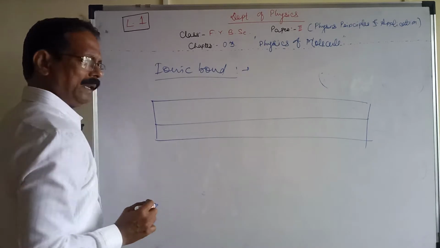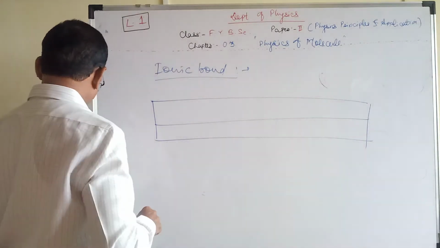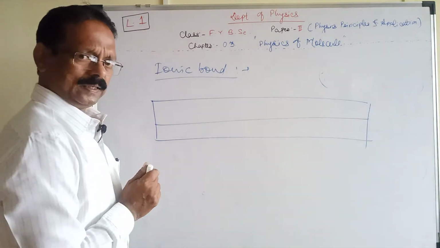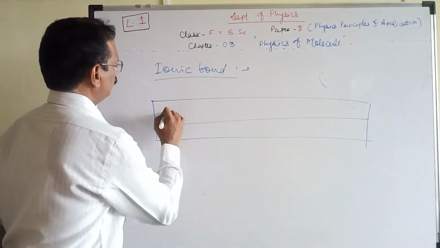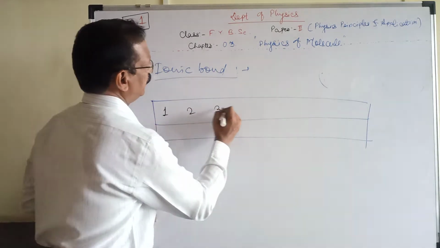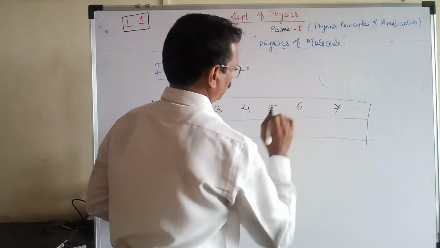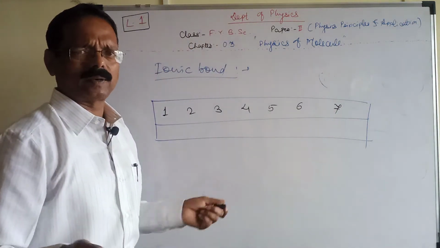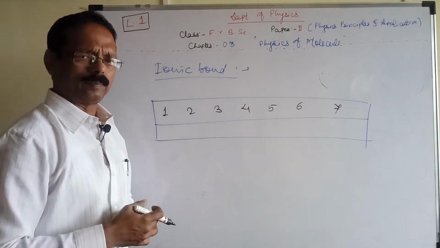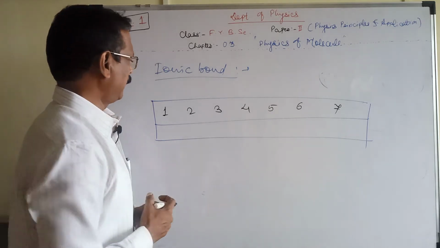So there are many elements in the universe having electrons in the outermost orbit: 1, 2, 3, 4, 5, 6 and 7 here. So there are 8 electrons, its valence outermost orbit is completed here. So there is no problem about the 8 here.